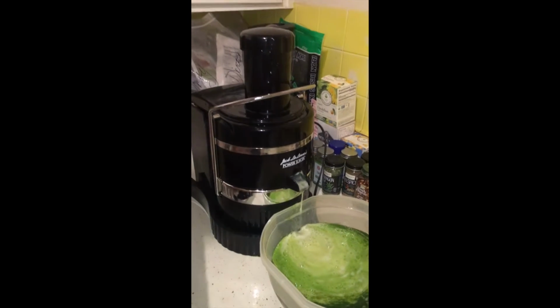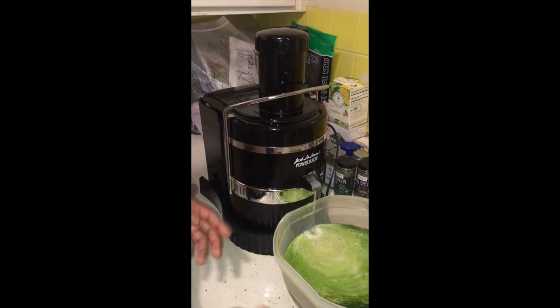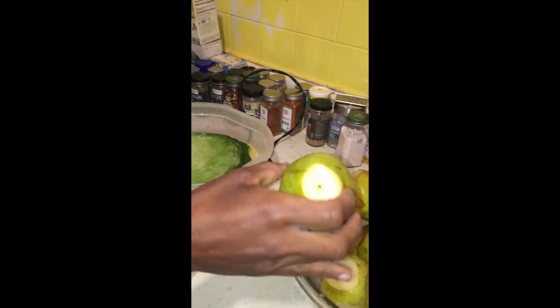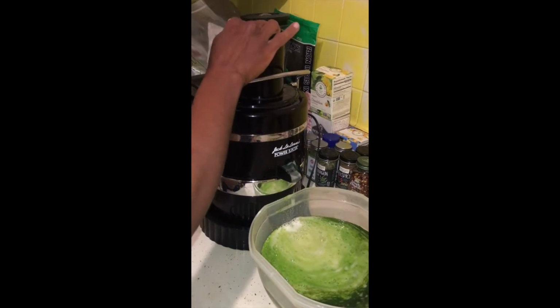I know I drink about 48 ounces a day, okay? And today it'll give me about 52 ounces. So 52 ounces for 1 day. The other 2 days you get about 48 ounces of juice, okay? Now this right here,